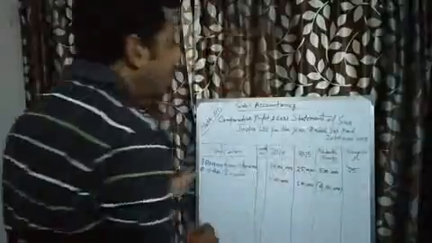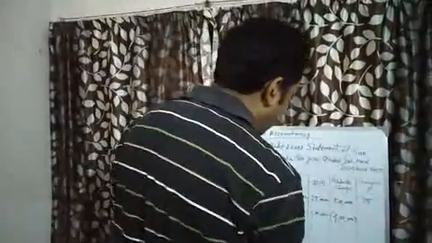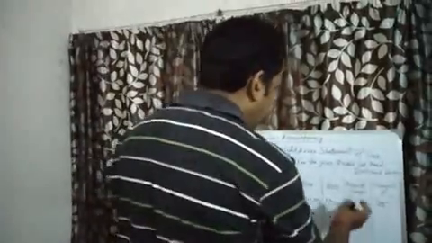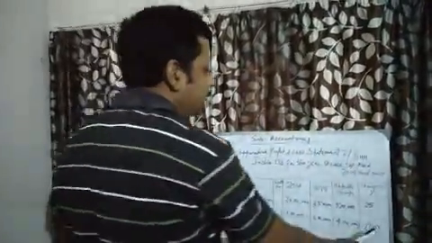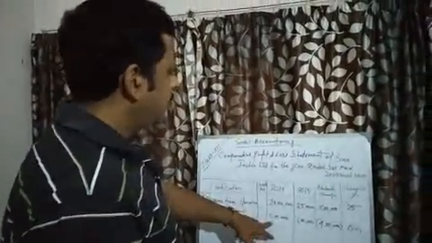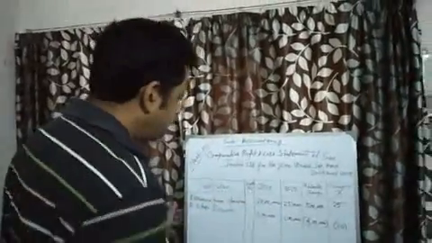Whenever a minus figure comes, you have to write it in brackets, not with a minus sign. As the absolute figure is a minus figure, your percentage will also be minus. What will be the change? 4 lakh divided by 5 lakh into 100. That is a change in minus, that is 80%. Other income last year was 5 lakh, this year 1 lakh, so there is a 4 lakh decrease in other income.